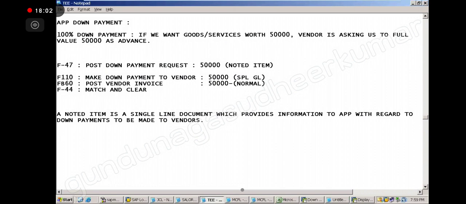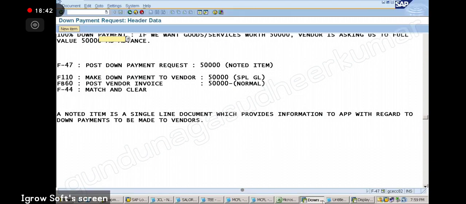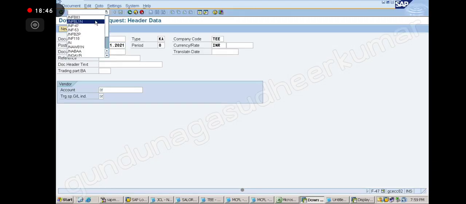Now we have a noted item, right? So now, do I have an open item or not?